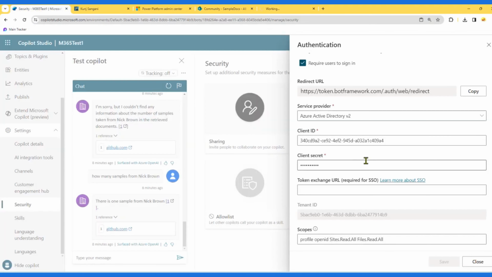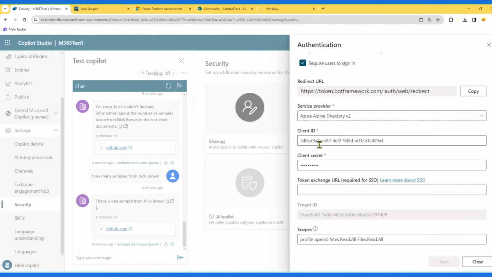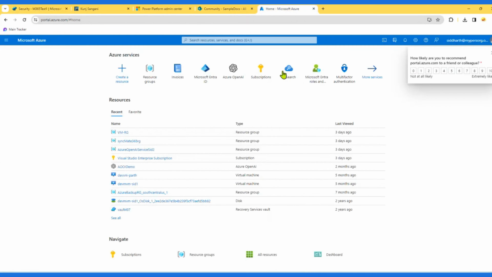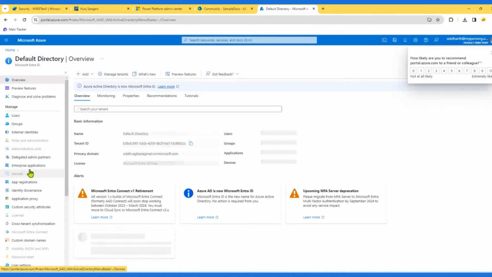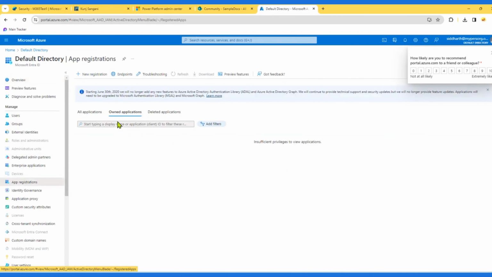From there, we are also giving the permission that it should be Sites.Read.All and Files.Read.All. Why it needs that is because whenever Copilot Studio goes and tries to find information from SharePoint, being a delegated permission, it needs to be given that permission. And that is where, if I come here and go to my Entra ID, in the app registration,